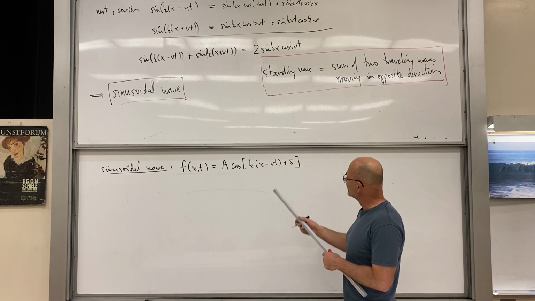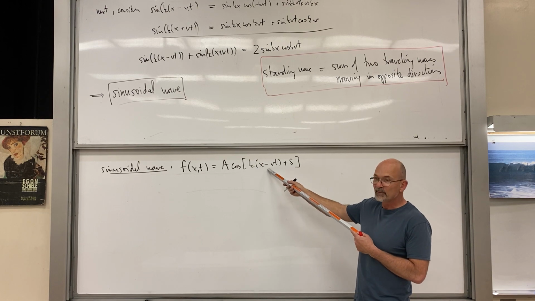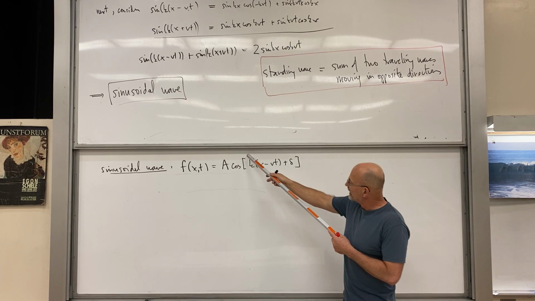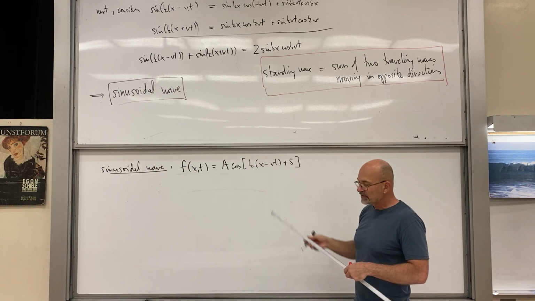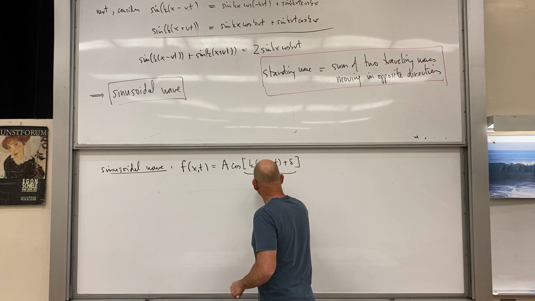So now again we have a traveling wave because it's a function of x minus vt, but it's the argument of the cosine here. So this is going to be called the phase,